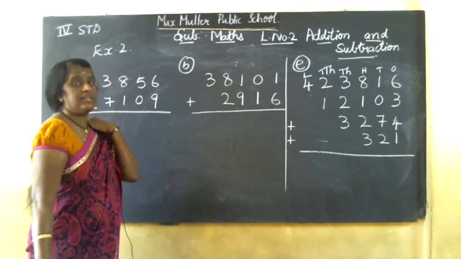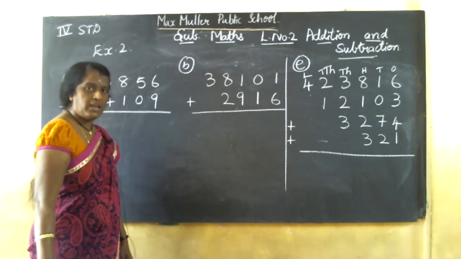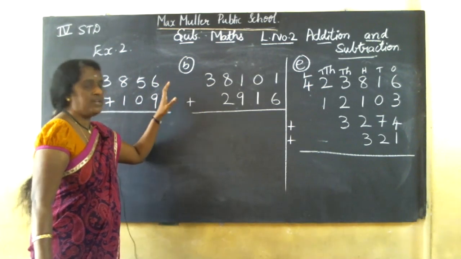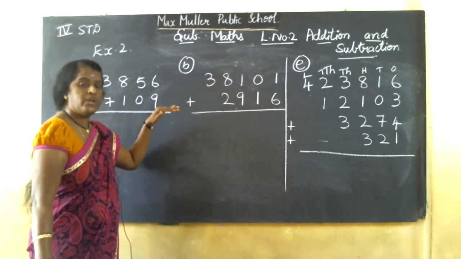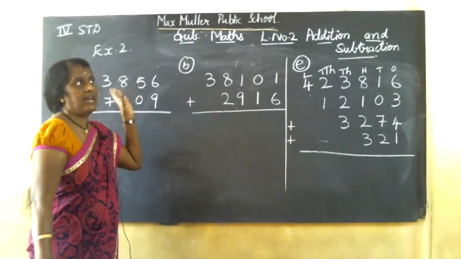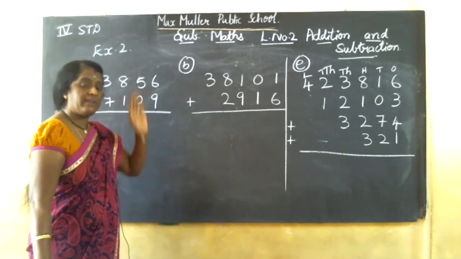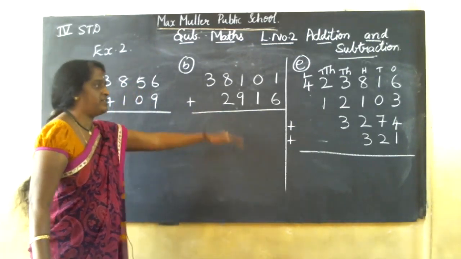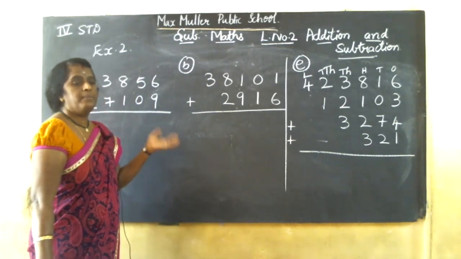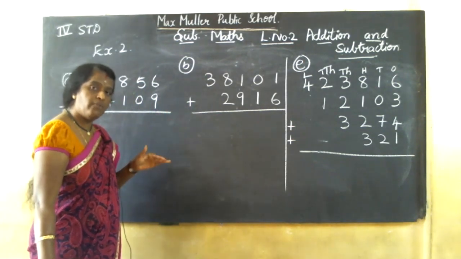Yesterday, last class, exercise 1 and tables I gave as homework in the homework book. No, write in blue gel pen. This is a practice book, so you can write answers in the textbook only. Last class, arrange vertically and add the sum: that you can practice in the rough book. These direct answers you can write in the textbook. Which you can't write in the textbook, practice in the rough book. You should practice the sums which I'll give as homework now.